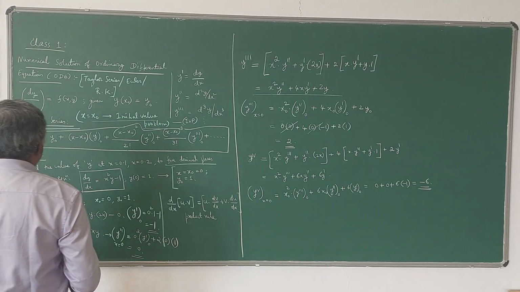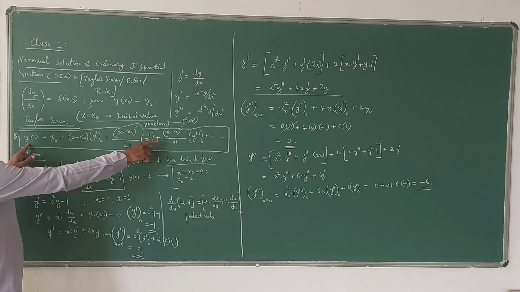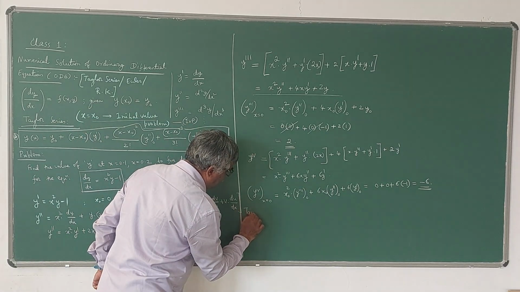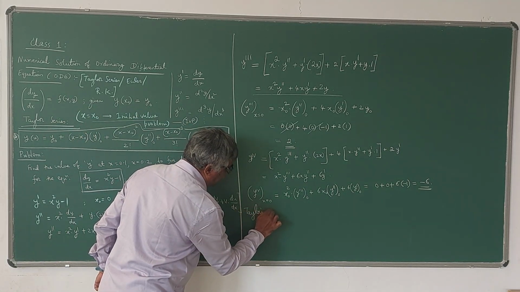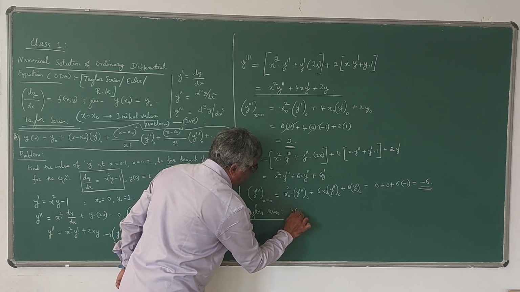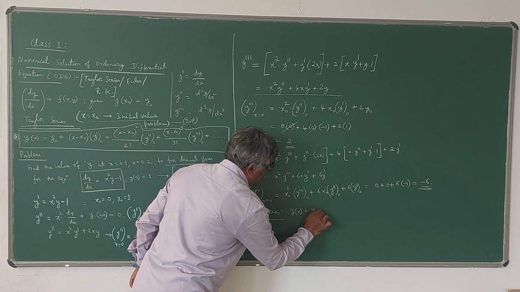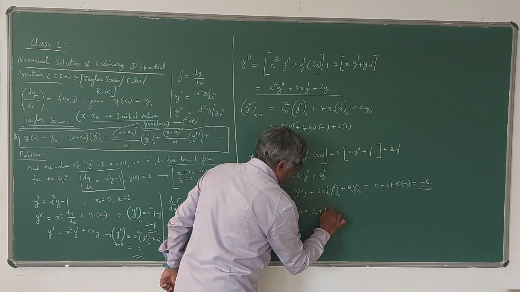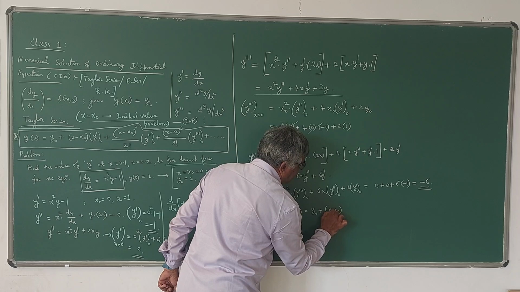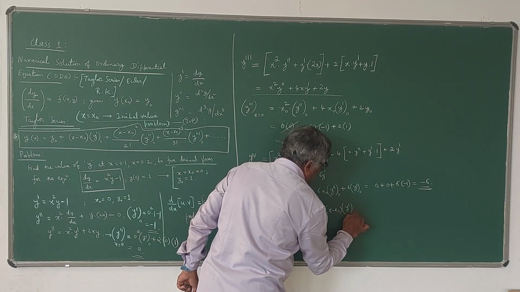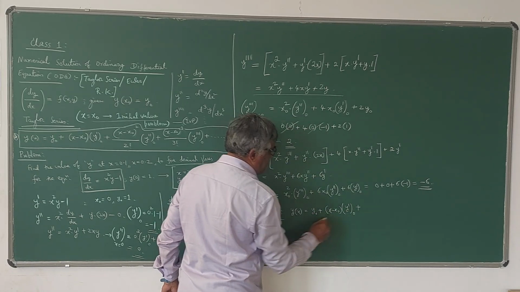Now let us write the Taylor series. All these values we have found out. Now let us write the Taylor series up to 4 terms, up to the fourth derivative. Taylor series now states that y of x is equal to y naught plus x minus x naught, easy to remember, x minus x naught into y dash, the first derivative at x is equal to 0, plus